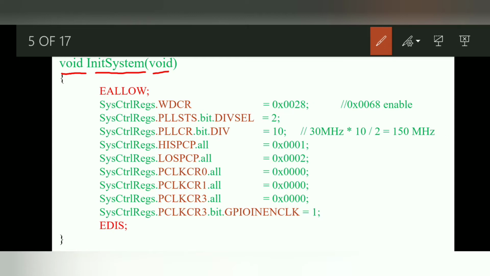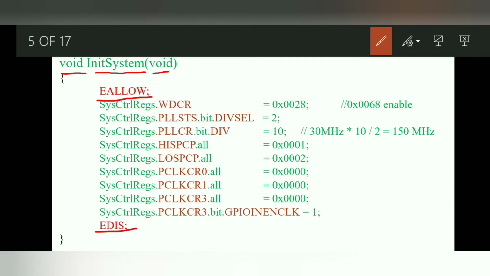Okay, so here you can see we have used EALLOW and EDIS. So what is the function of EALLOW and EDIS? EALLOW and EDIS are macros in C. EALLOW will allow your protected registers, and it will enable the path to use the protected registers from your code, and EDIS will disable that path.